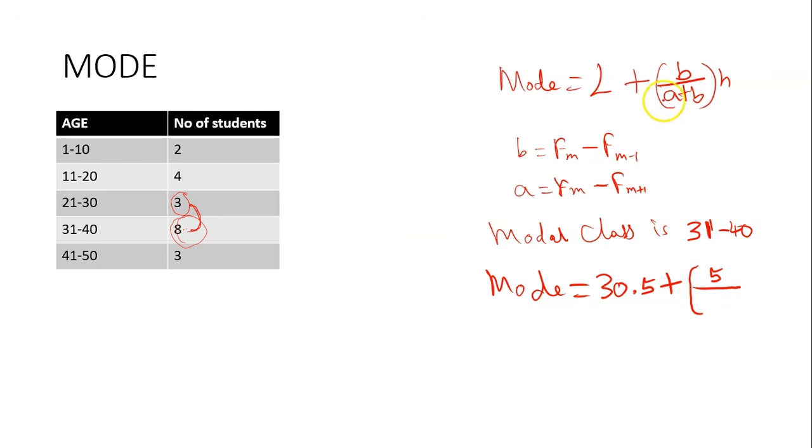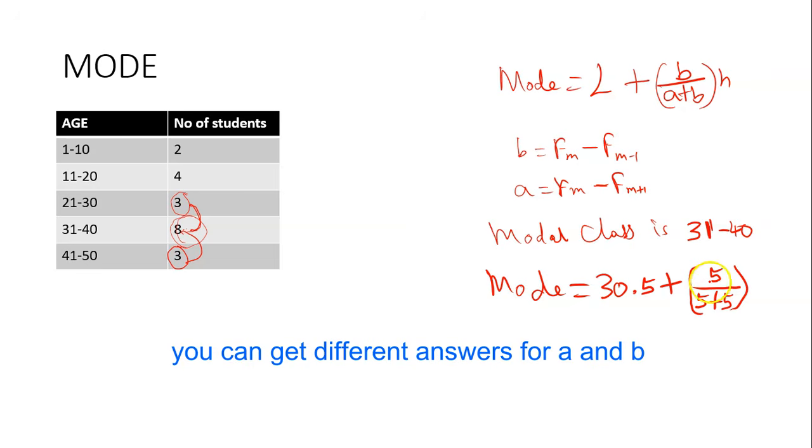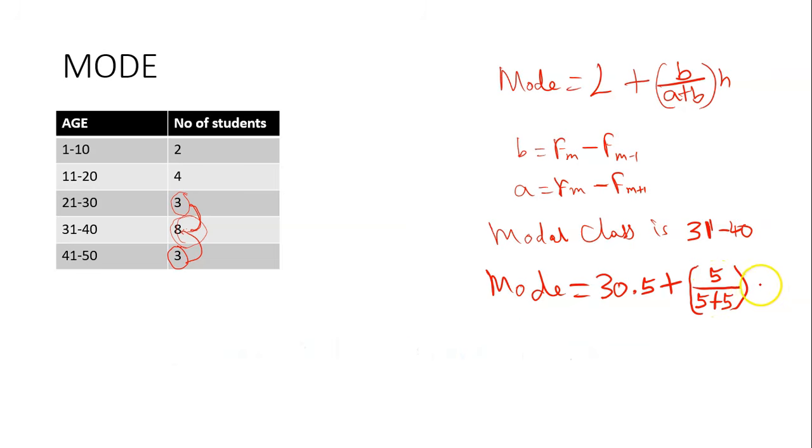Over. Now, A also means the frequency of the modal class minus the frequency of the class after the modal class. So, which class comes after the modal class? It is this class, isn't it? So, you say 8 minus this 3 also. It also gives you 5. Plus, we want the B to be 5. Now, this is just a coincidence. Then the H means 11 minus 1, which is 10. 21 minus 11, which is 10. That 10 running throughout is the H. So we substitute it there. So this gives you